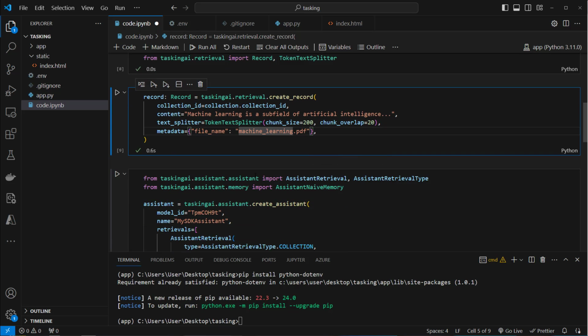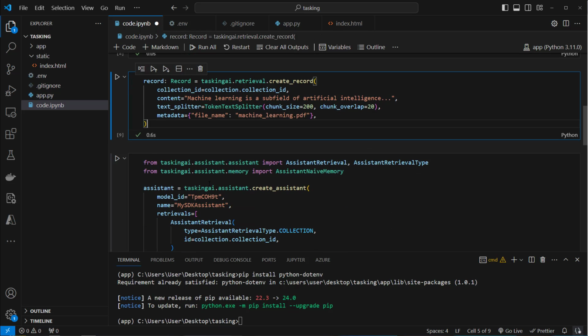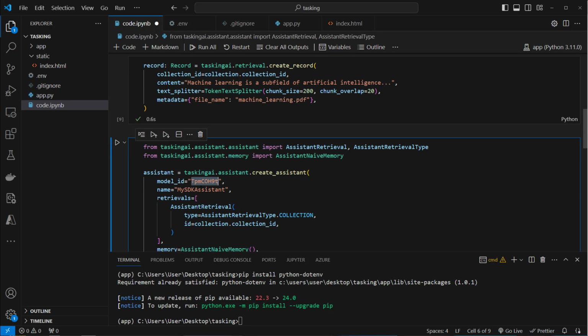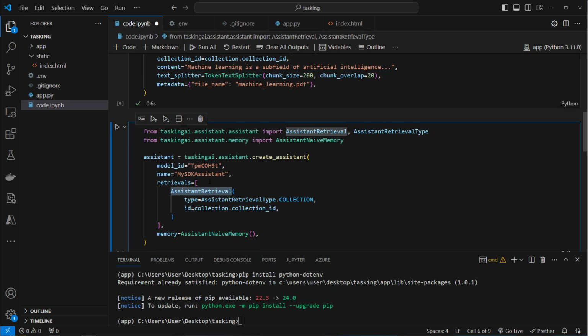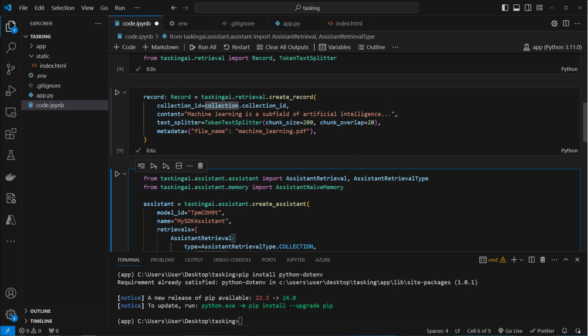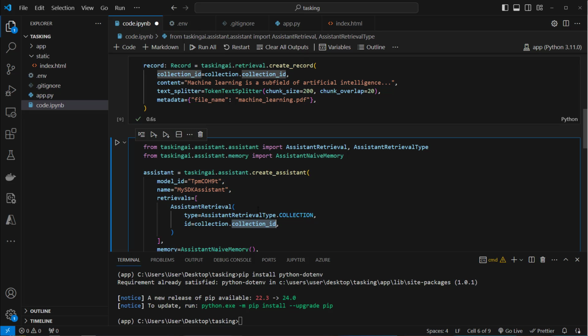So now let's create an assistant from that. The first step is to create the assistant with a model ID and give it a name. So we call it my SDK assistant. And for the retrieval, we want an assistant retrieval, which is a class which we import here. And we set the type to collection. This is currently the only type supported, but I guess since this is an enum, in the future more different assistant retrieval types will be supported. We also provide the ID from that collection, and this collection which we created here has got this ID attribute which we can use directly to pass it here, so we don't have to go in the UI to extract that information. But for the model we actually have to,